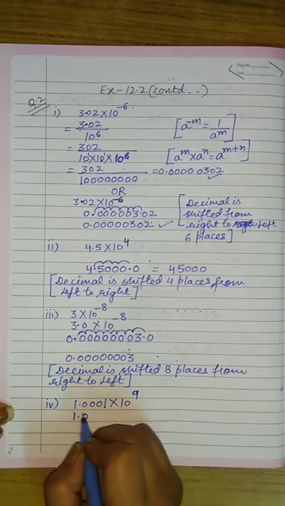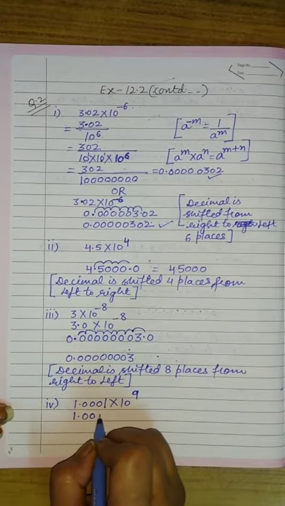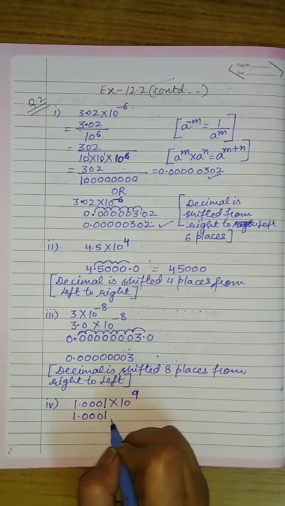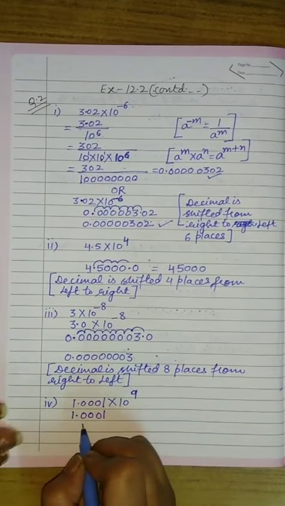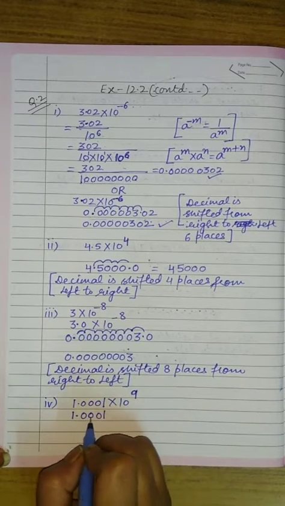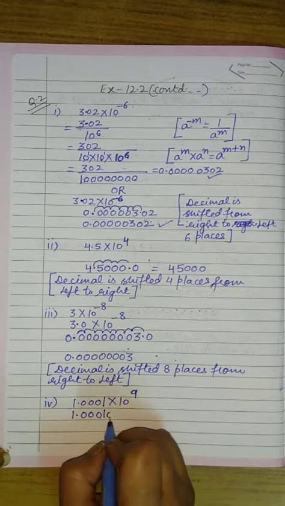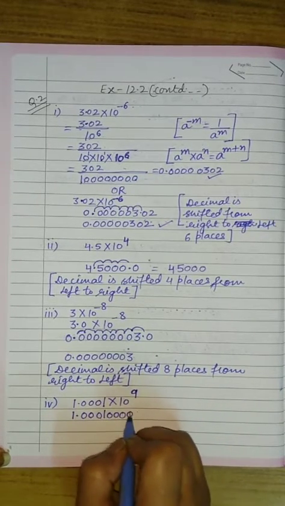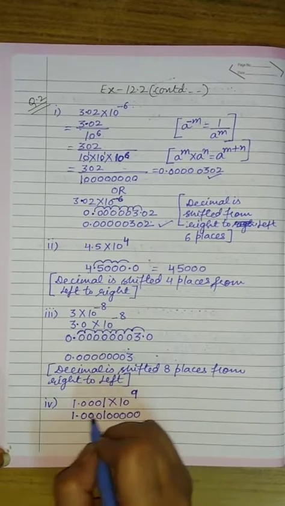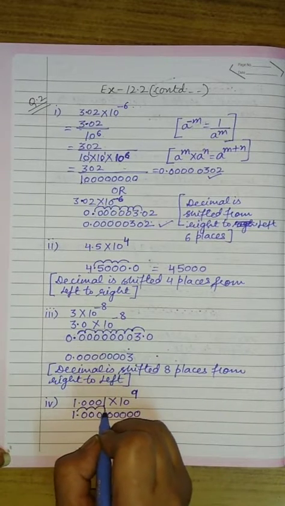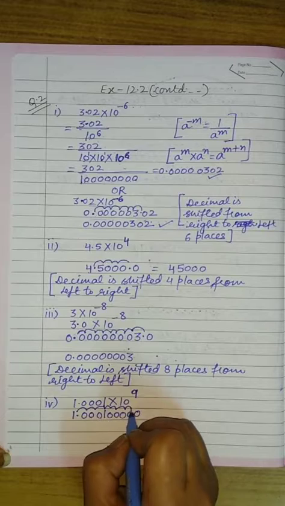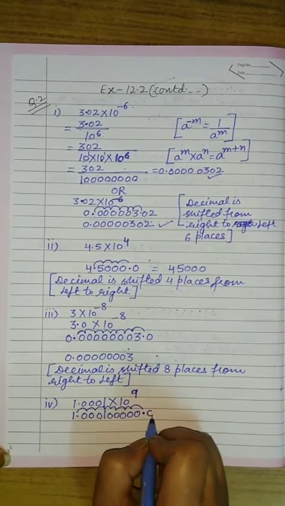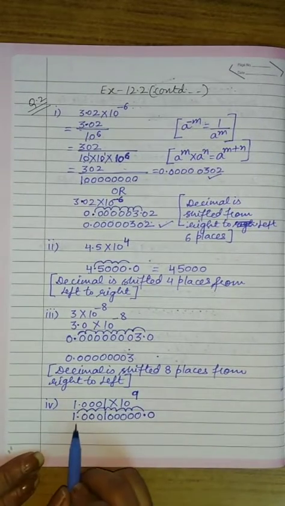So we will write the number 1.0001. Then see, after decimal we have how many digits? 1, 2, 3, 4 digits are already there and we have to shift the decimal 9 places. So we will write 5 zeros after this. Now when we will shift this decimal 9 places, we got this